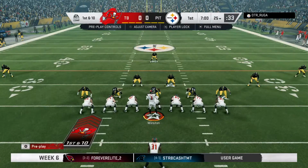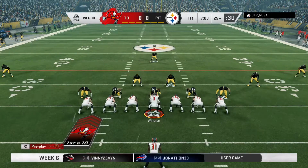Let's get it together, defense. Let's get it